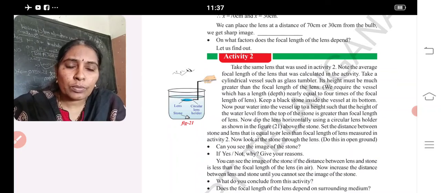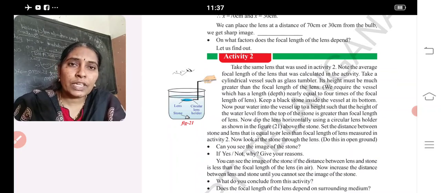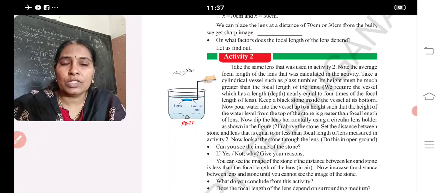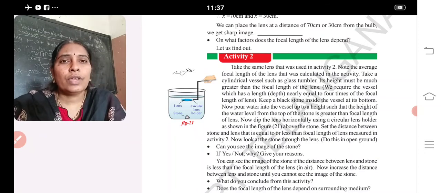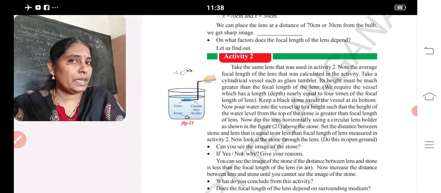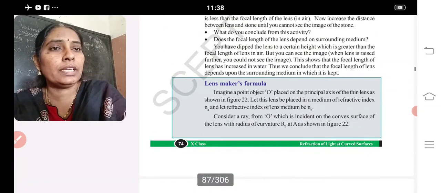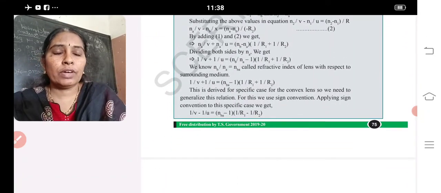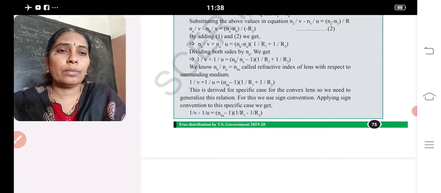So from the water medium to the air medium, as we are lifting up, due to the change in the medium the focal length also changes, that's why we are not able to see the image. So from this simple activity, we conclude that focal length depends upon the surrounding medium. Clear? Next, the lens maker formula, that is 1 by v minus 1 by u is equal to (n minus 1)